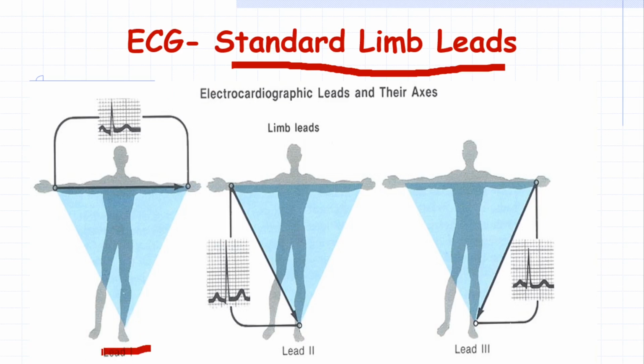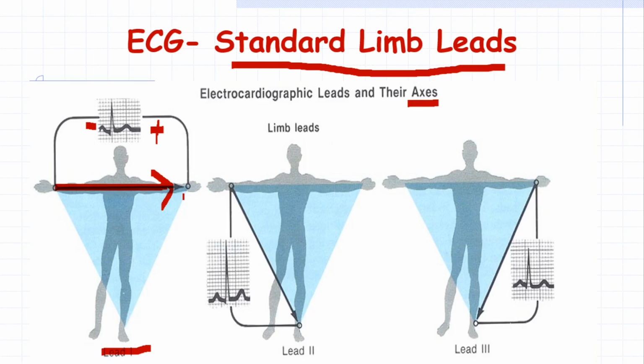This is lead 1, where one electrode is kept over the right arm and another electrode is kept over the left arm. Both are active or recording electrodes. The right arm electrode is connected to the negative terminal and the left arm electrode is connected to the positive terminal of the ECG machine. If you pass an imaginary line connecting the right arm point to the left arm point, you will get a direction or arrow that is called the axis of the lead, that is pointing towards 0 degree, because the axis of the lead